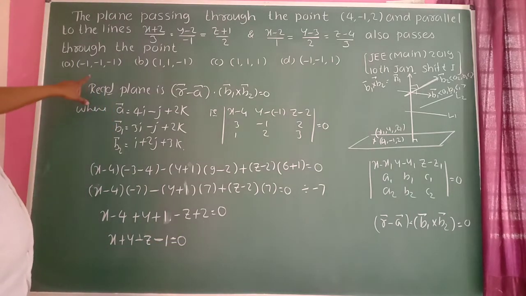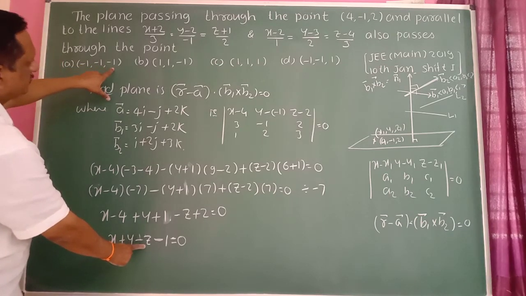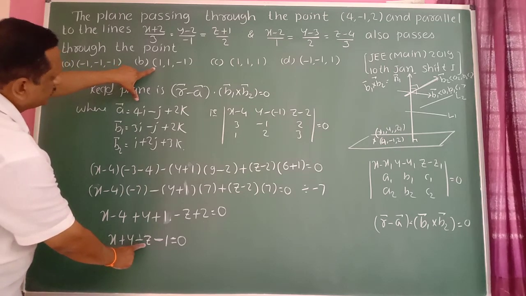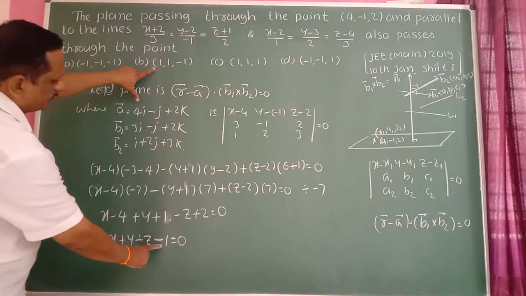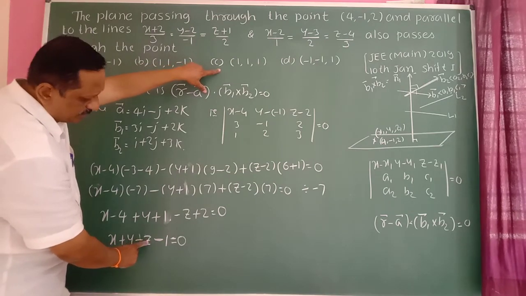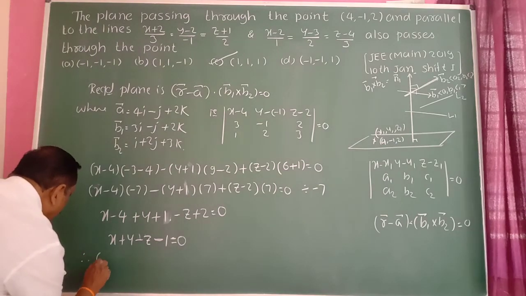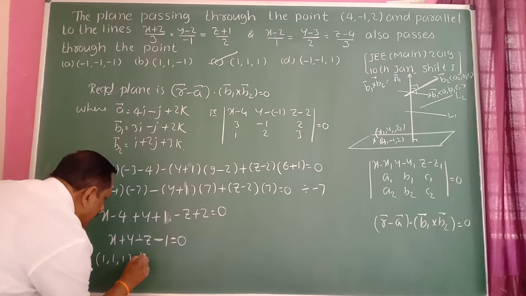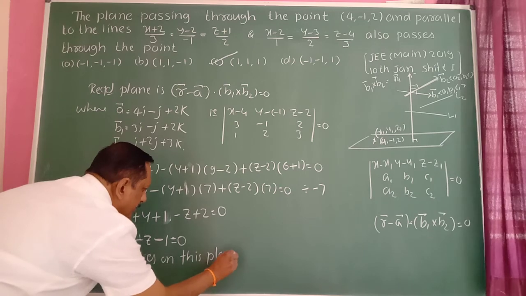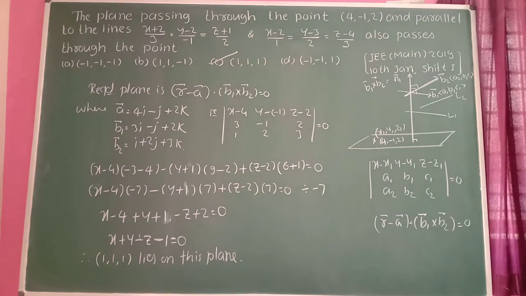Now check the options. For the first point, minus 1 plus 1 cannot be 0. For the second, again it cannot be 0. Take this point (1, 1, 1): 1 plus 1 minus 1 minus 1 becomes 0. So the point (1, 1, 1) lies on this plane; the equation is satisfied by the point (1, 1, 1). Therefore, the correct option is